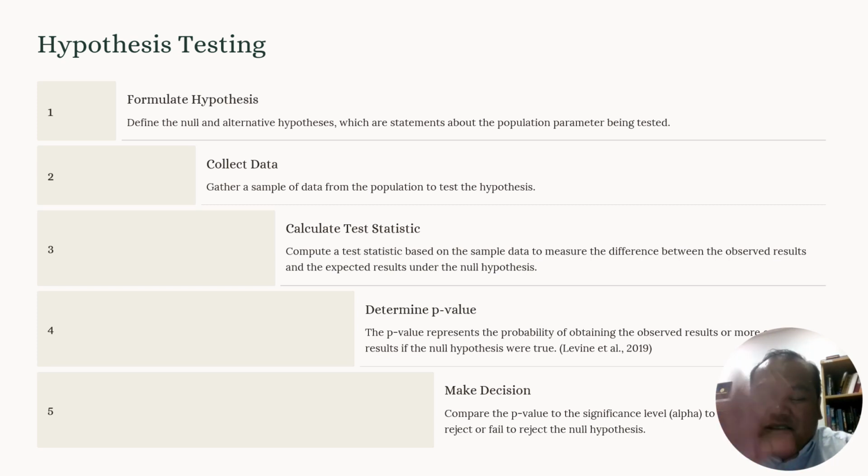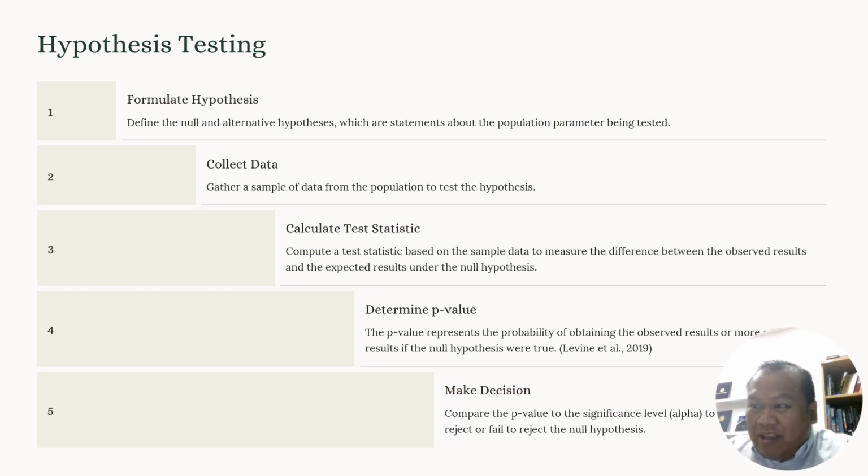I mean, this is not the ways. This is the process of testing the hypothesis. Number one, formulate the hypothesis. We already formulated the hypothesis. We believe that there are more people who are shopping in the afternoon, based on the numbers and on the mean of sales that we got in the afternoon. Number two, collect the data. We already collected the data. We got the money or the sales every day for 3 days.